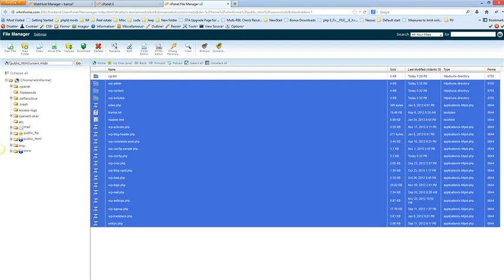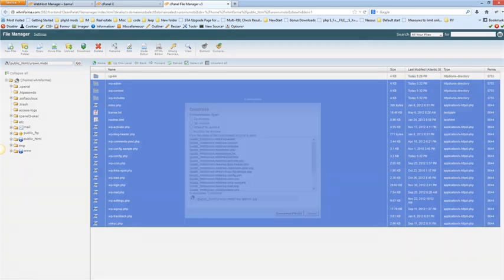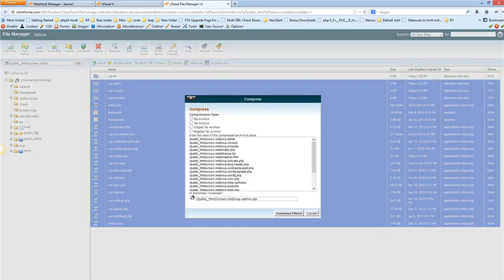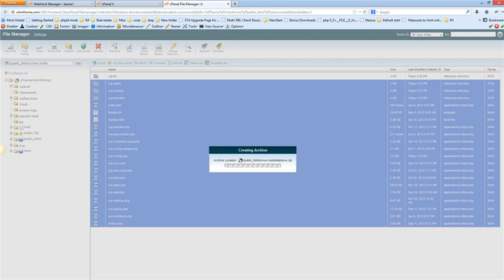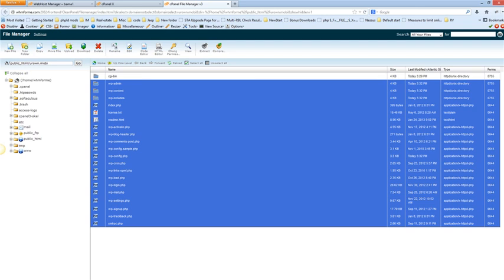So as we go here, you can see the compress files. So we'll press the compress, and we'll just go with the zip, and we'll name it something here, site move, and hit compress files. Generally it does it pretty fast. Okay, so now we're there. What we're going to do? Well, we're going to hit the reload,